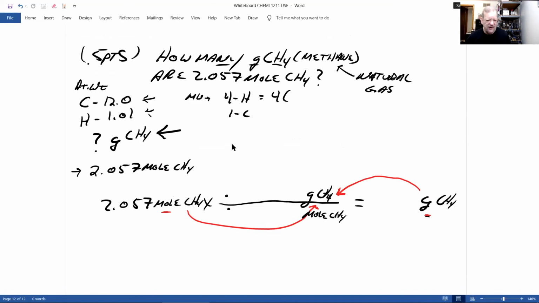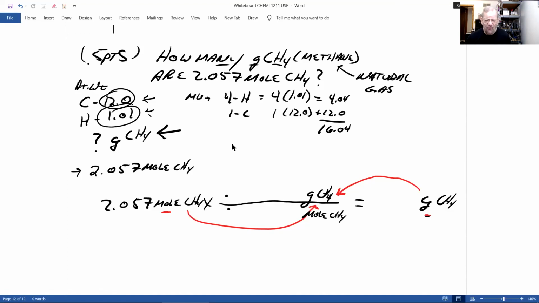Each hydrogen has an atomic weight of 1.01. Each carbon, there's only 1, has an atomic weight to 3 significant figures of 12.0. Do the math, multiply, and now we'll add, because they're the sum of all atomic weights, and we get